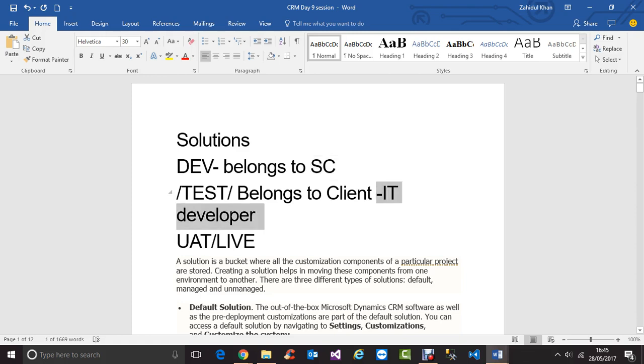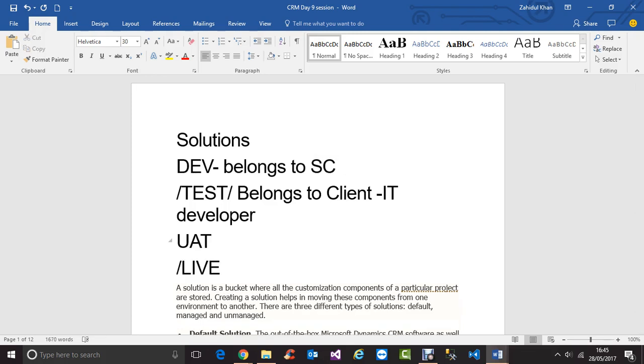So he will test it here in the test environment. Then when he says okay, it is working, you will say okay, developer of the software company, can you please deploy it to UAT and live. So the software company will deploy it to UAT now. Then UAT belongs